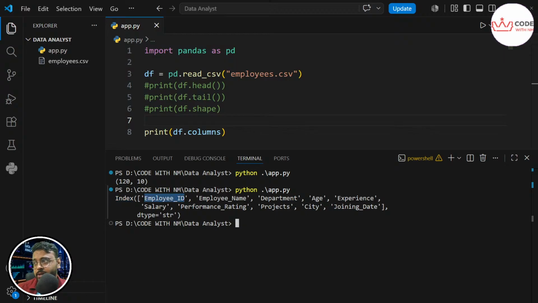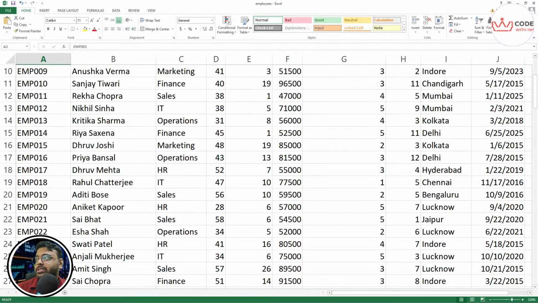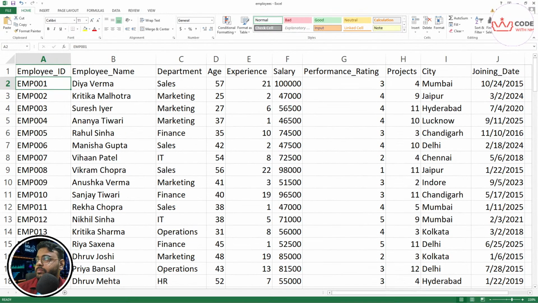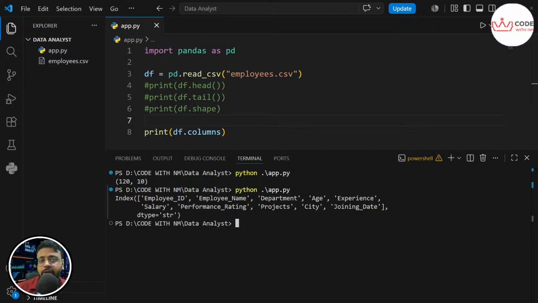First is employee ID, employee name, department, age, experience, salary, performance rating, project, city, joining date, and they are of type string. If I open the Excel over here, you will find the same thing: employee ID, name, department, and so on up till joining date. It's the same thing, only because we are getting that data from employee.csv.